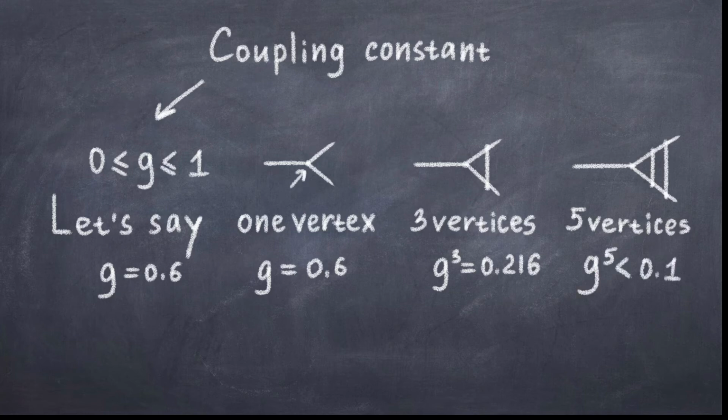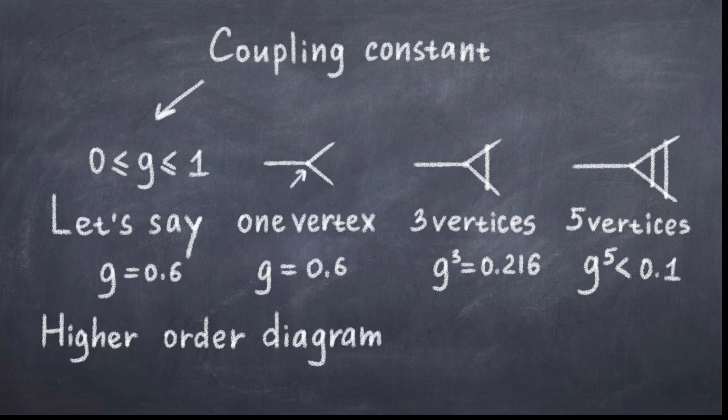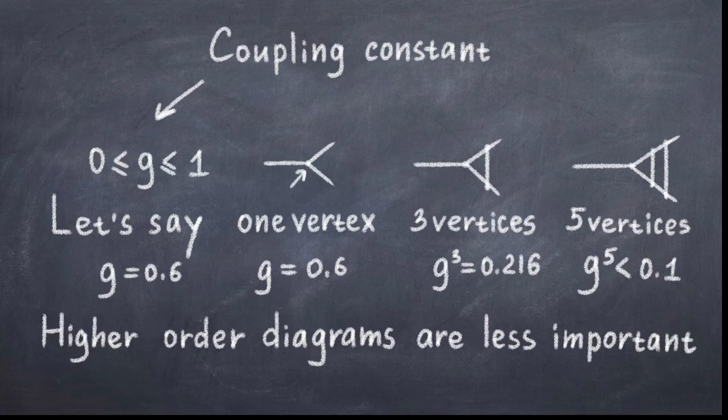Likewise, the diagram with 2 loop corrections will be of order G to the 5th, giving a coupling factor of less than 0.1. Thus we can see that the higher order diagrams quickly become insignificant. This is important because in principle there is an infinite amount of higher order diagrams with more and more loops. But they are increasingly unimportant, and in some cases you can get a sufficiently precise result just by calculating the tree-level diagrams. It should be clear how it works with the ordering of the diagrams now, and that for this to work the coupling constant must be between 0 and 1.